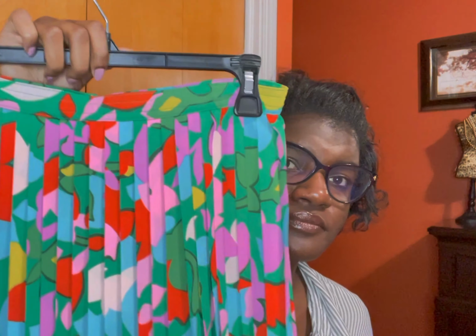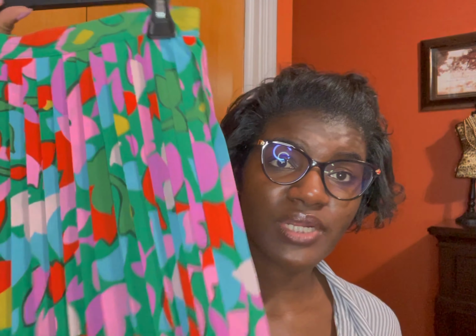It does have a lining underneath. Again, this is from J.Crew. It's a size 4. And it's pleated. Now, this is a midi skirt. So, everything is pretty much midi. I have one thing that's maxi, and I have another thing that's mini at this point. But what I love about it,